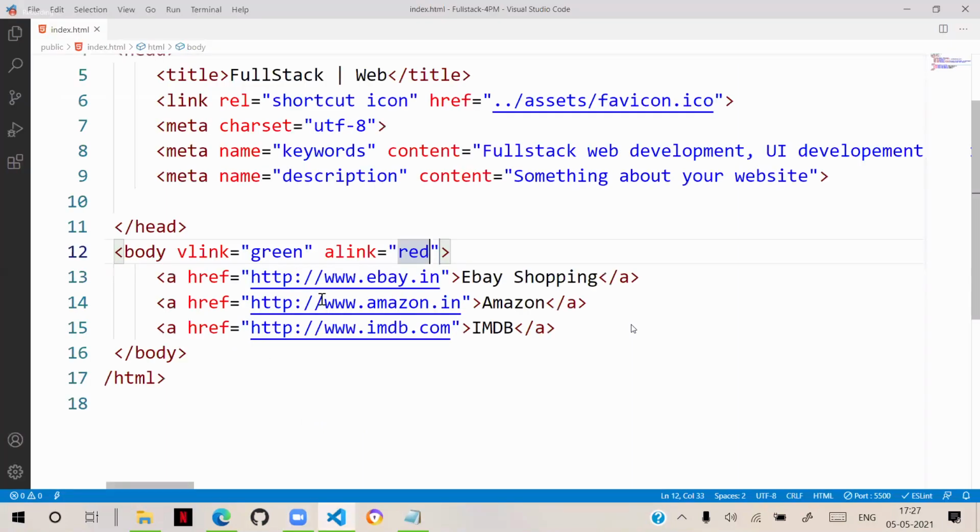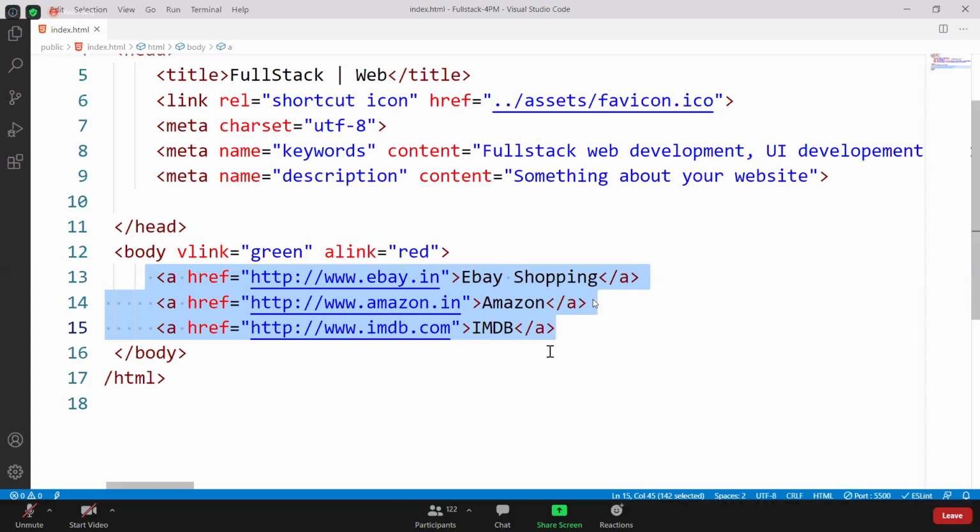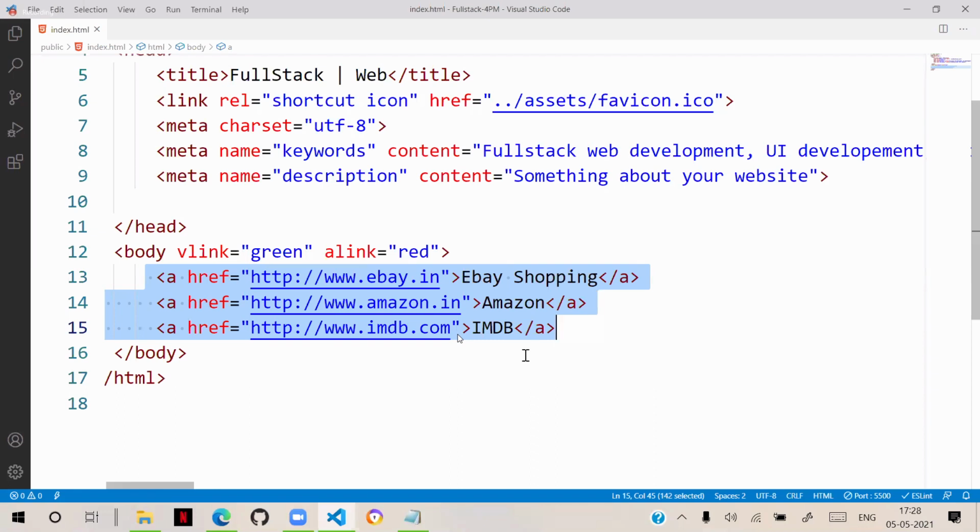Now don't come with a complaint like, sir, how to create links. That is not the current part. You don't worry about what is href, what is anchor. You just understand the concept of these two attributes. You don't need to try links. Later you will learn. Because they are body attributes, we need to discuss them. Later we will use them when we learn about links. So you don't need to worry about how to write a link, how to navigate and all. You need to just understand the purpose of these two attributes.